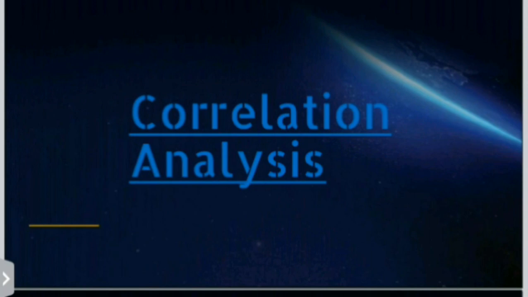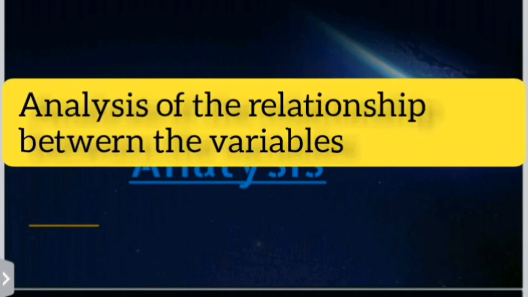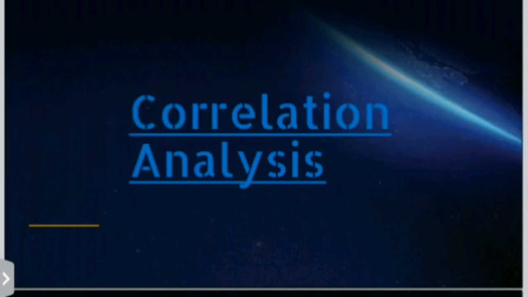For example, suppose you are a manufacturer of a product and you would like to know in what direction the supply will change in a particular period according to the changes in price. So in this particular situation, you can use the correlation technique to measure this change. Okay. So in simple sense, correlation analysis means the analysis of the relationship between the variables. Now I gave you a simple example of how correlation is used in a business enterprise.